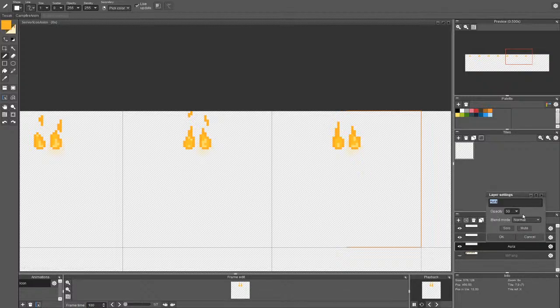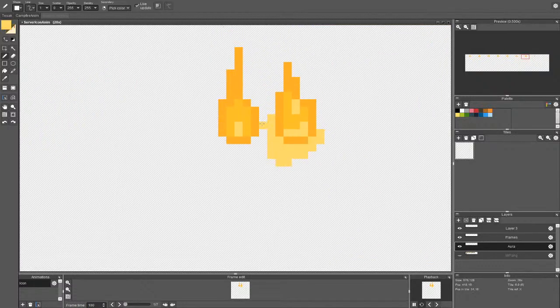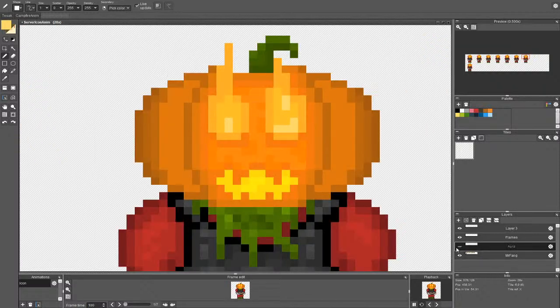So let's go for Aurora or Aura 255, and remember we need it like this, right? No, not really. We need just this part. I see. We need this part to be, yeah, at least like this.